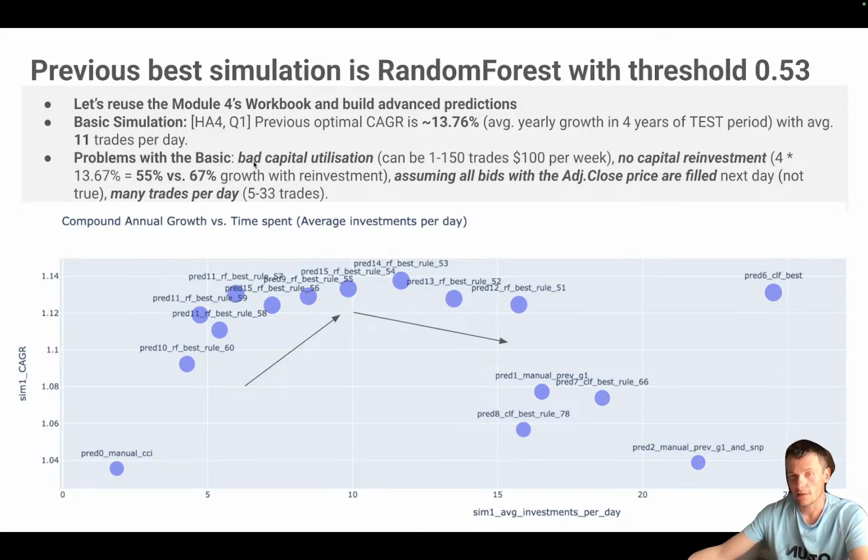If you think about the minimum and maximum number of trades for different setups of predictions, we could make around 30 or 33, if you want to be precise, 33 trades per day if we try to buy every single stock. And maximum, it was about 150 trades per week, sorry. If you invest $100 for each trade,